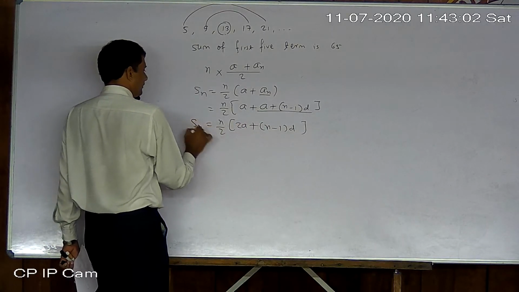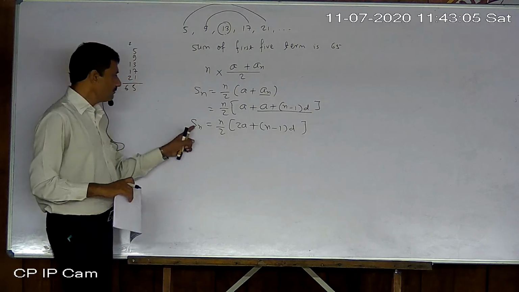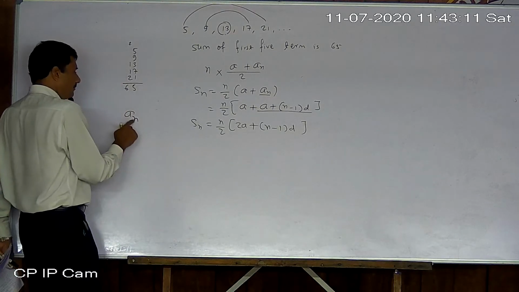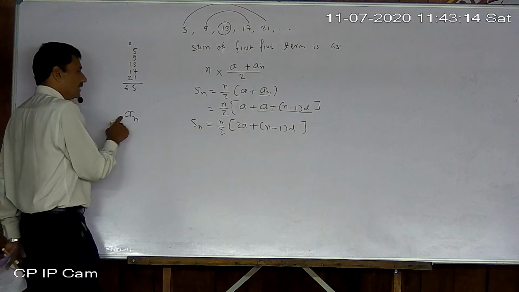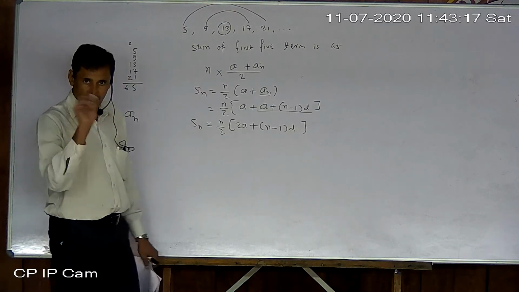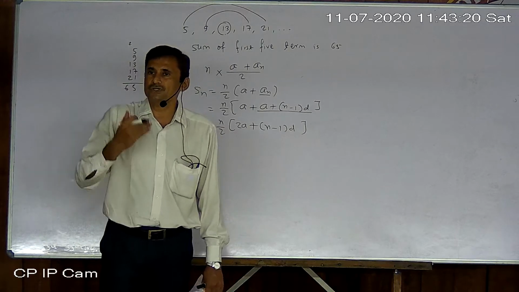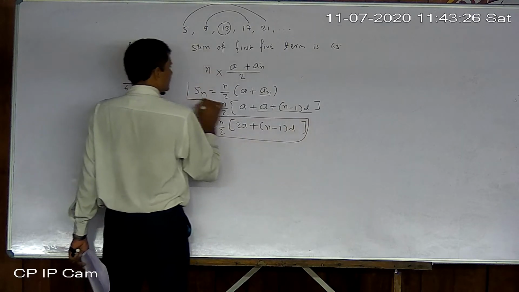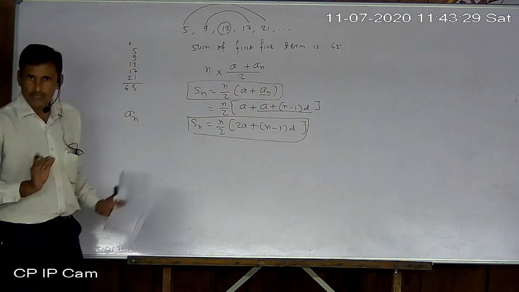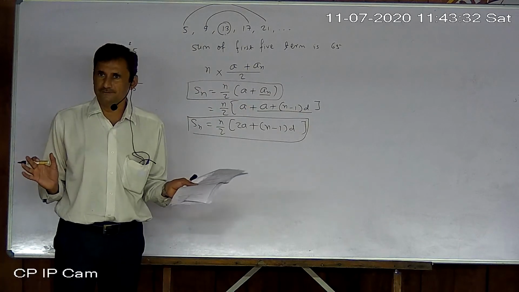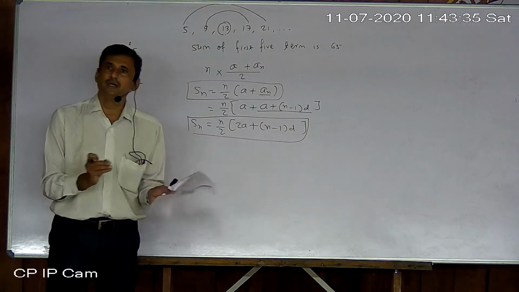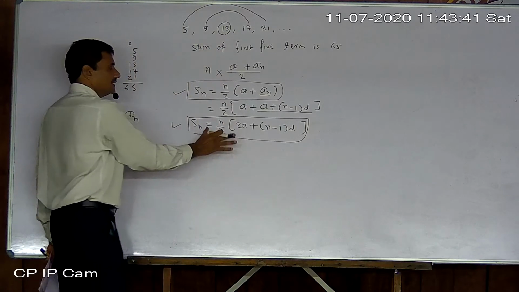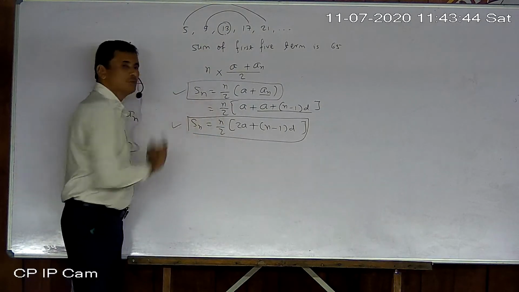So you have to remember Sn stands for the sum of the first n terms. An stands for the value of the nth term only, but this is the sum, S for sum, capital S, the sum of the first n terms. Okay, so you have to remember either this or this, otherwise both are actually the same. Both are not different, just the appearance is different. You might feel they are different but they are not. If you don't understand this, no problem, just memorize both formulas.